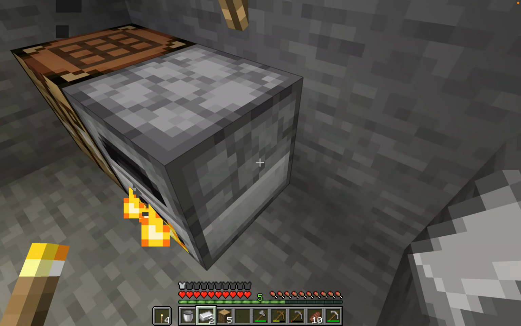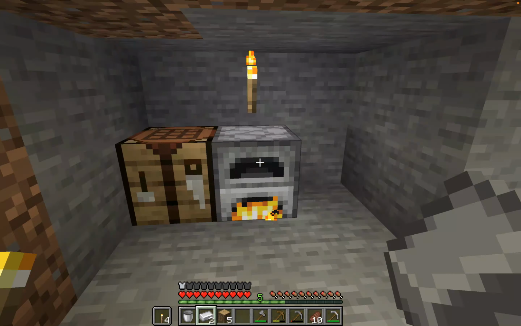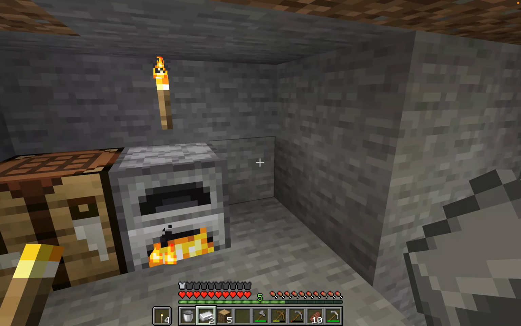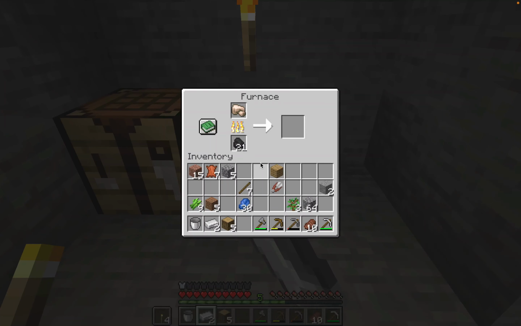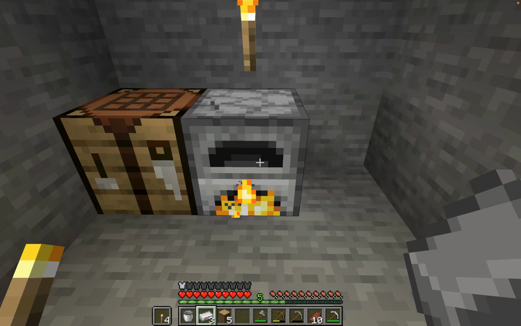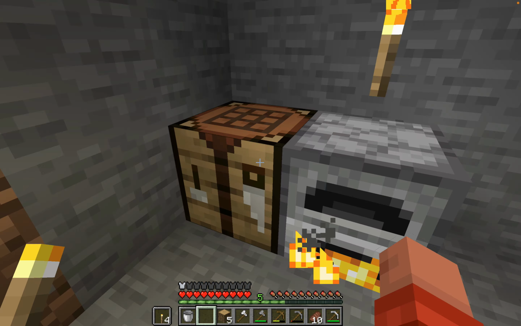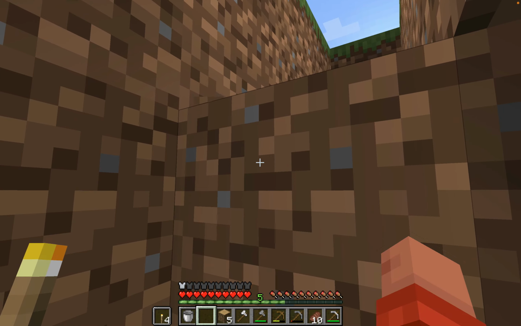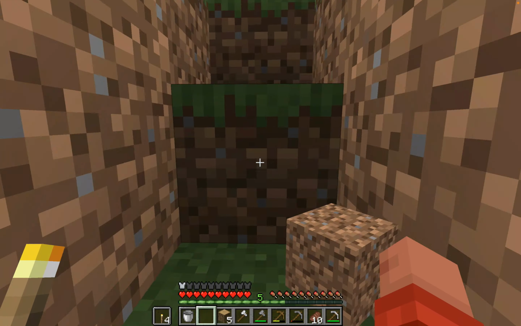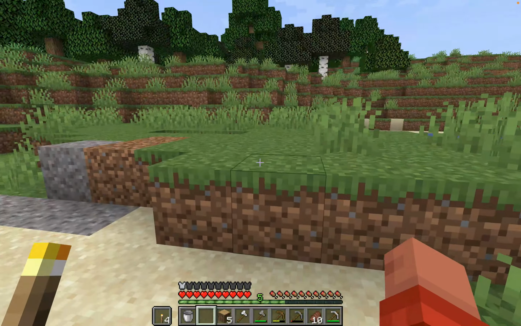I would also suggest making a weapon, an axe, or a sword. It really is up to you what you want to use, but I like to make axes, so I'm just gonna make an iron axe. There we go. Now it should be daytime while you're done with that, and now you need to worry about